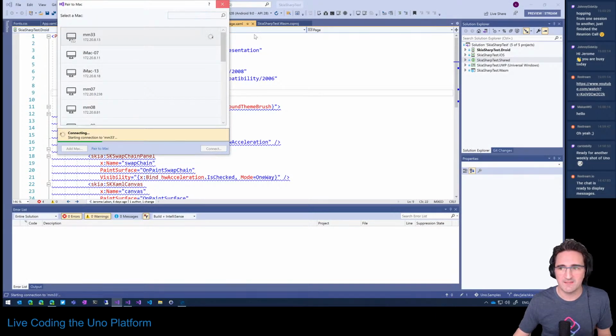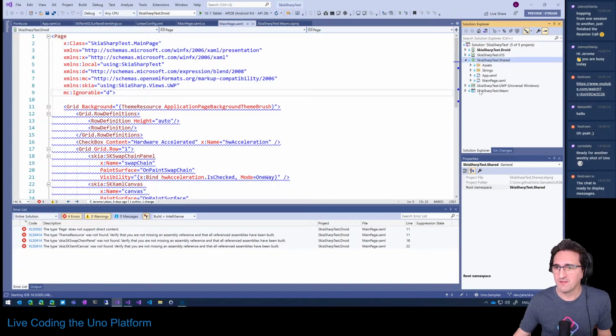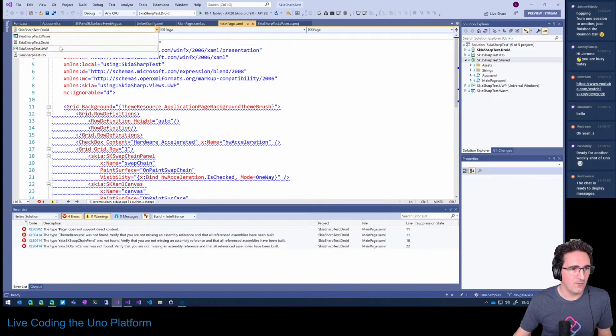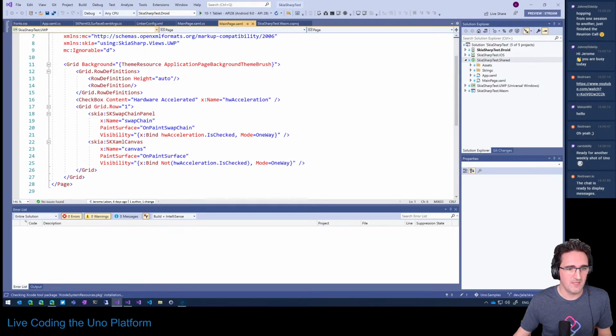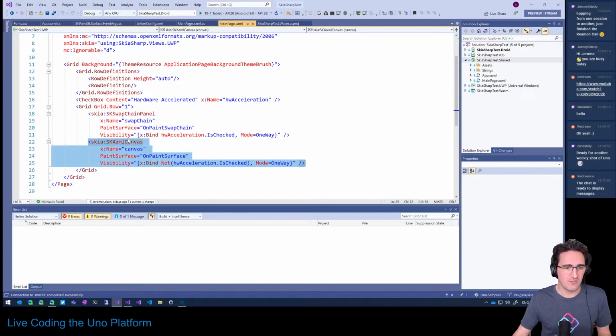And let's take a look at that. So I've changed that solution from last time. If you remember, that was a solution that was only containing an SKXamlCanvas, and that canvas was only rendering using software rasterizing, and that was interesting. But the problem is that software rasterization is a problem. I'm running on the 4K screen here, and rendering 4K pixels is something that takes a while to